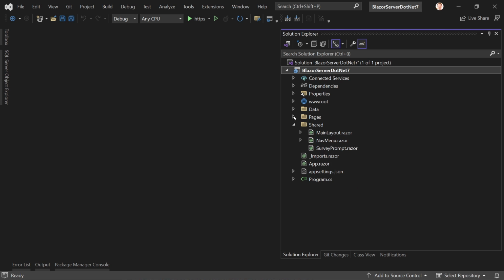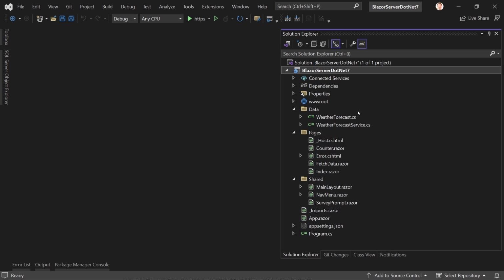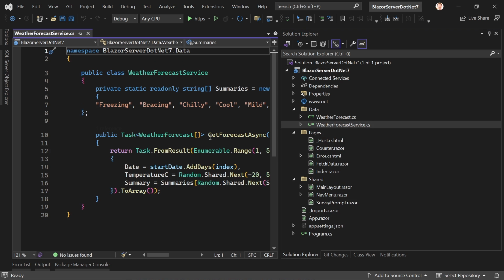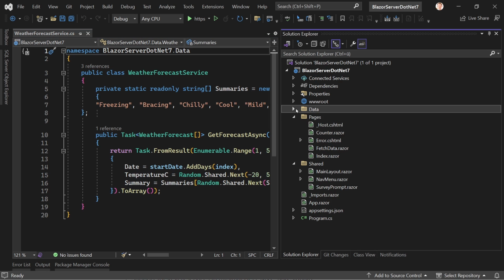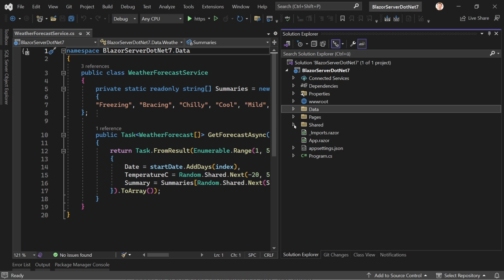You have the shared folder, you have your pages folder, data folder for your forecast service, the example service here. You're not really getting data from a database or any web service even. This is then done in WebAssembly, but this is how it looks. You've got your _Host.cshtml. This is different than in .NET 8 now. And in general, you will see that the folder structure is different, the naming is different, and also the files have changed. But before we have a look at .NET 8 now, let's have a quick look at .NET 7